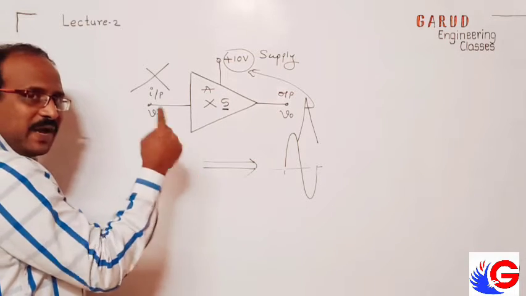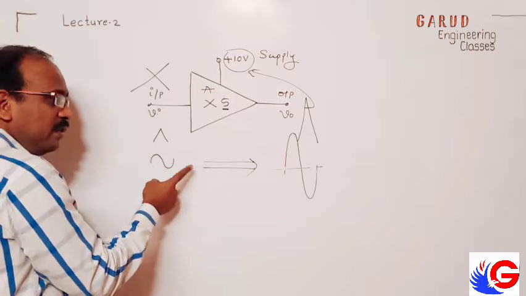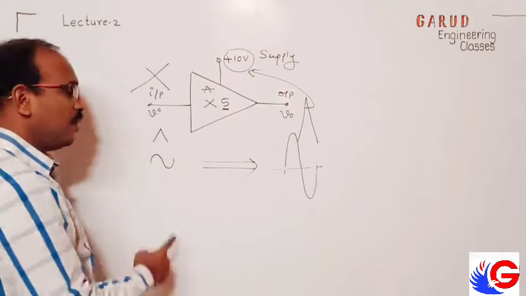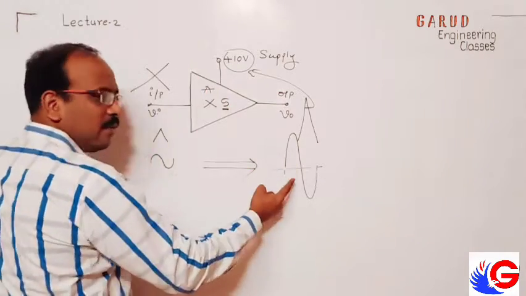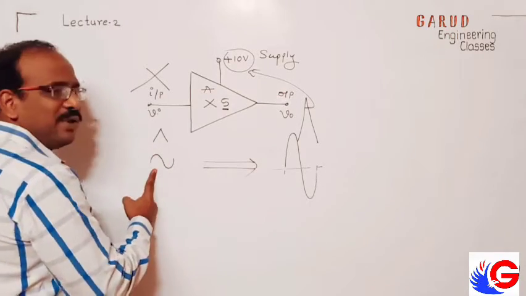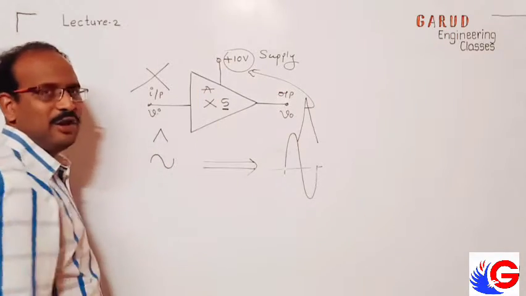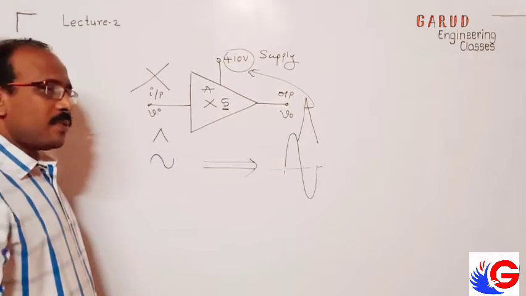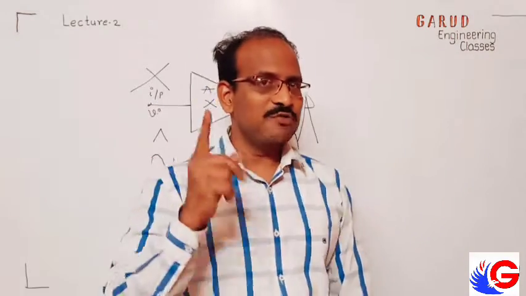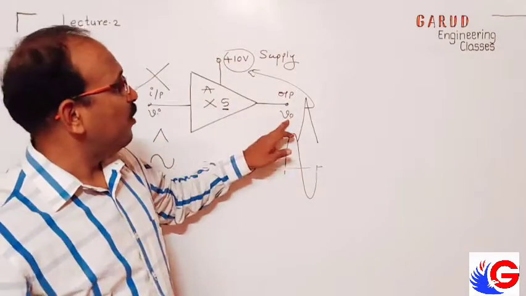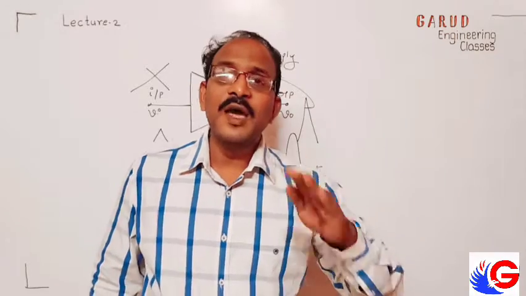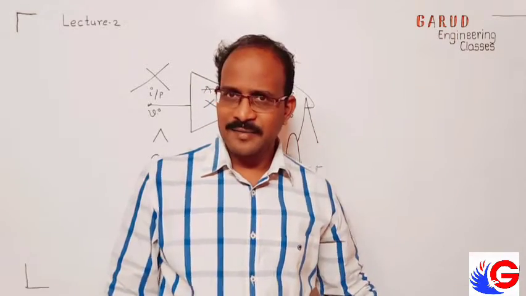Amplifier means boosting the strength of weak signal without changing its original shape. Original shape is sine wave, output will be sine wave. Original frequency is 10 kilohertz, output will be 10 kilohertz. If triangular, then output will be triangular. Got it? Now, second question. First question was whether it will amplify more than this. Answer is no. Amplifier will be saturated.